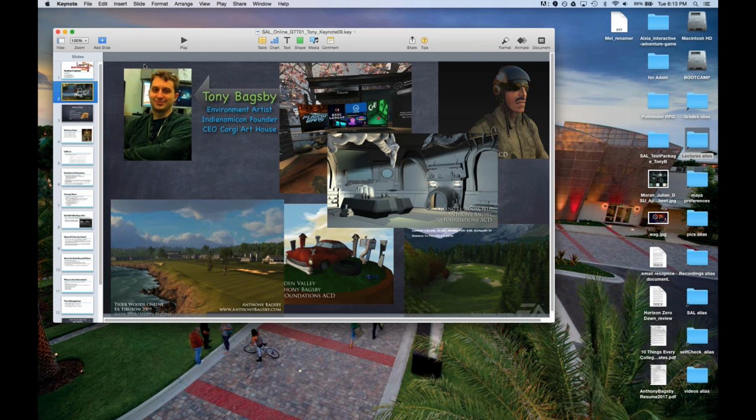I'm an environment artist, so I've worked on Tiger Woods and various indie projects, one of the recent ones being Disc League on the Samsung VR. I'm an Indienomicon founder, and I'm CEO of the Corgi Art House. So I wear a lot of hats. I do a lot of things. But that's who I am and why I'm your teacher here in good old 3DF. Good old Shading and Lighting.